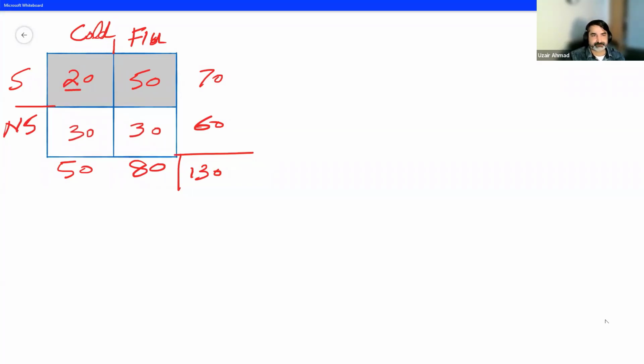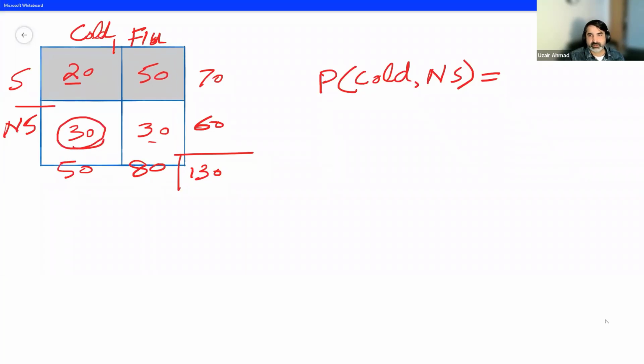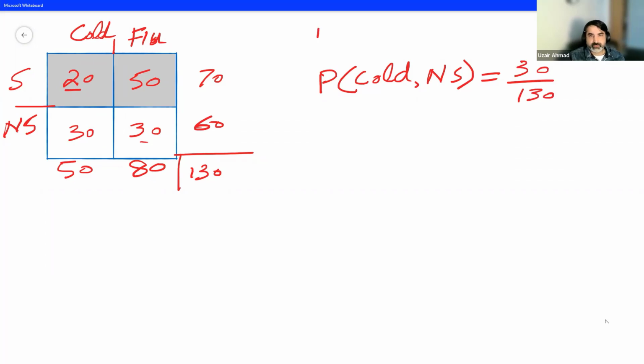This is a joint event: having cold and sneezing, having flu and sneezing, having cold and not sneezing, having flu and not sneezing. They are referred to as joint probabilities. So the joint probability of cold and not sneezing is 30 by 130. The probability of cold,